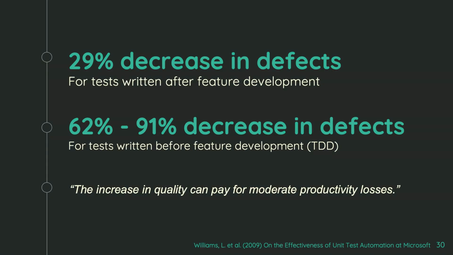They also saw in their studies that it did decrease defects. With the conventional approach, where you write the test afterwards, they saw about a 30% decrease in defects. Versus test-driven development, they saw almost a 100% decrease in defects. Again, there's some range, but there are numbers to back this up. If you're interested, you can look up that study at the bottom. It's very, very well done. They also found that even though it might take more time, the increase in quality did actually pay for that extra.